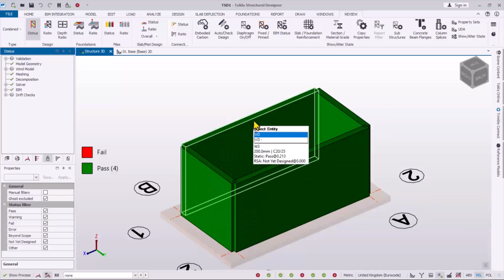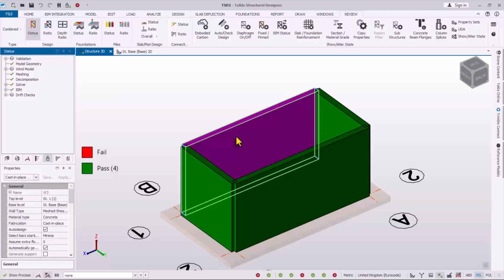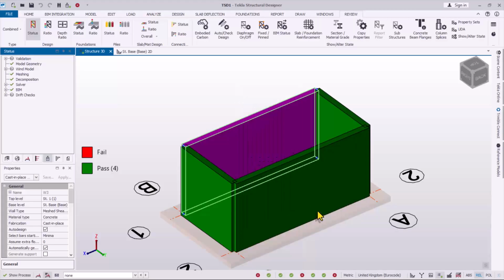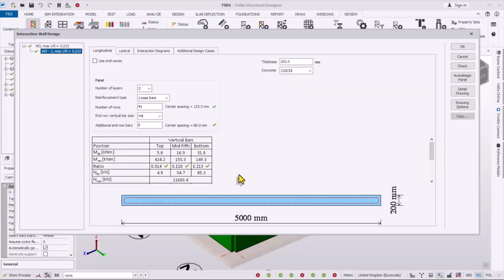When I start to check it successfully by selecting it and right clicking, you have a drop down menu right here. In the drop down menu, you can check the slab. Check slab, you can see. Check slab also, but we are not dealing with slab, we are dealing with wall. So you have to come up to this provision. You see interactive design for the wall. So you click on interactive design statics, and then you can be able to see the wall design